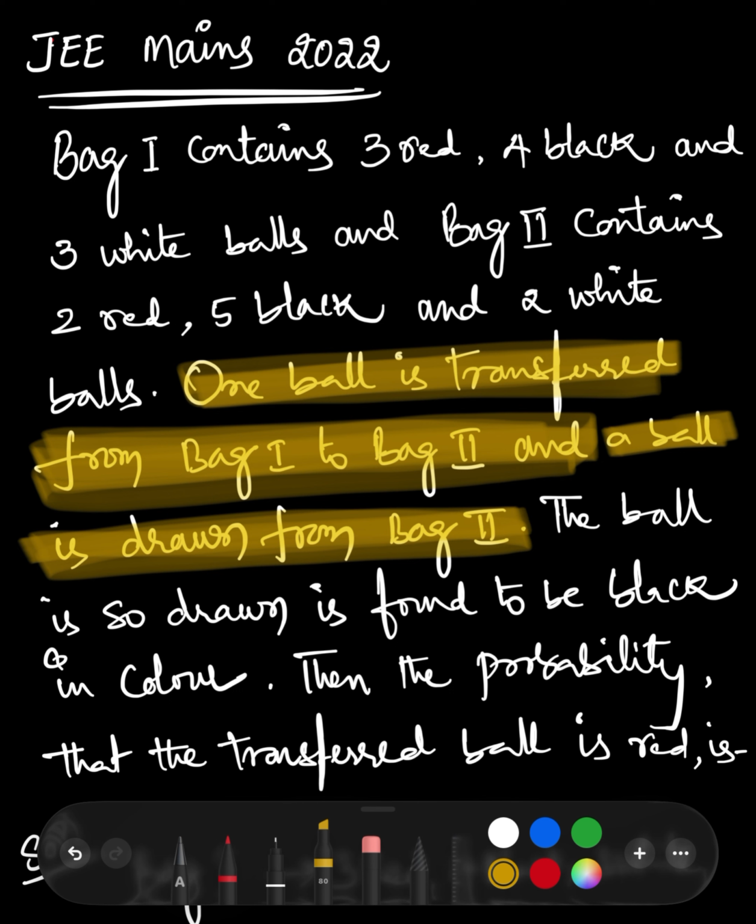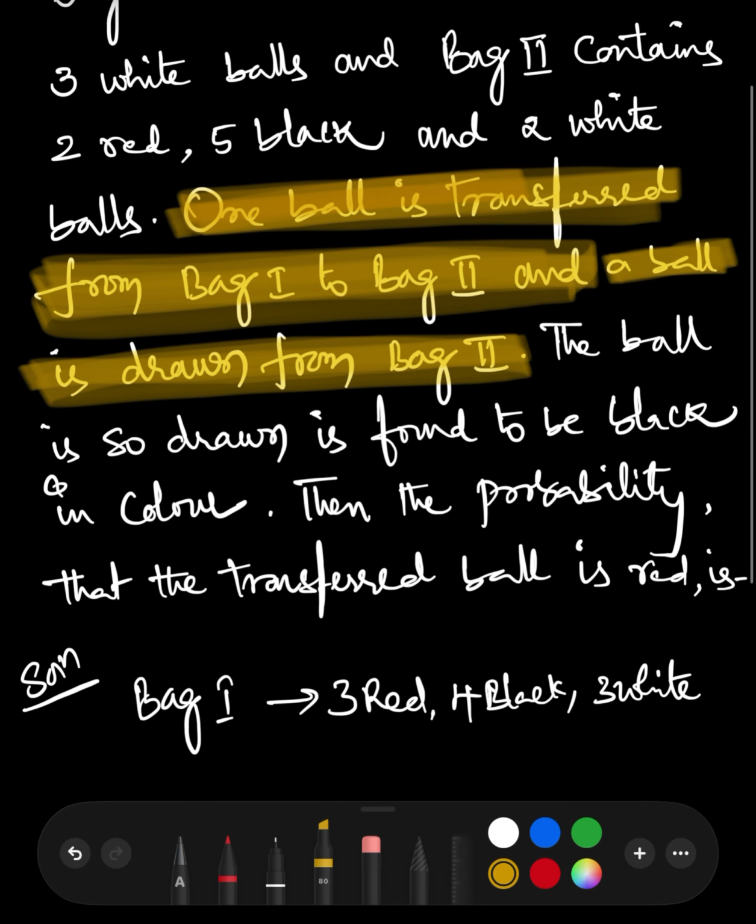Now the thing is, one ball we have to transfer from bag 1 to bag 2, right? What about that one ball? That one ball should be either a red or a black or a white ball. So there will be 3 events possible here. After that we have to draw a ball. Now the ball so drawn is found to be black in color,